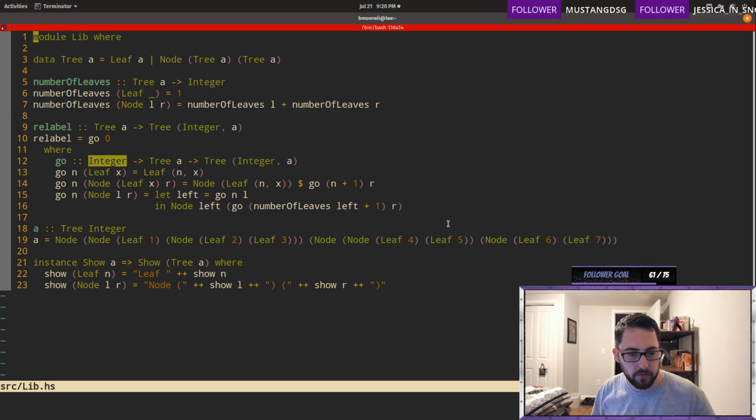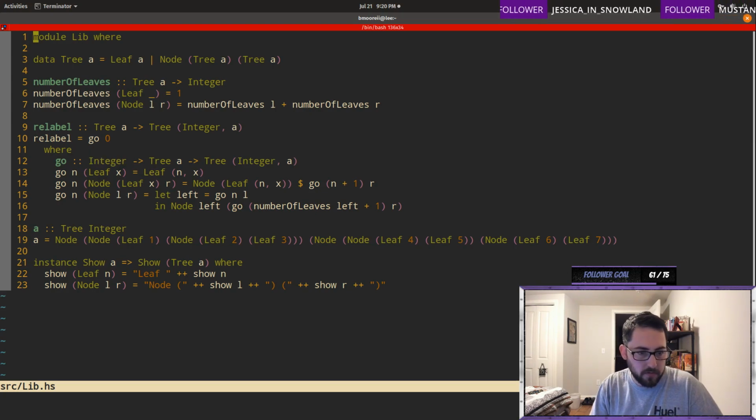How many leaves have been traversed? That could work. Maybe.